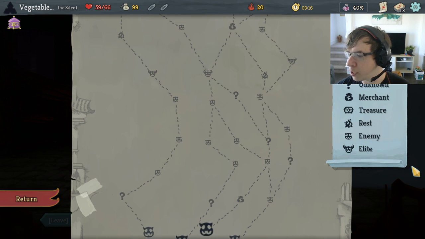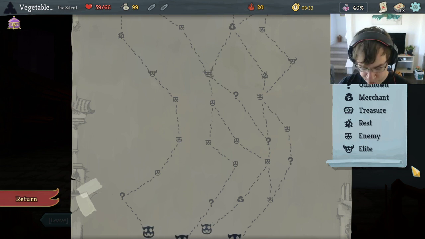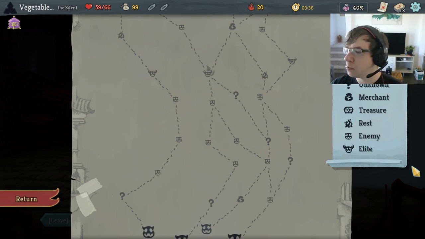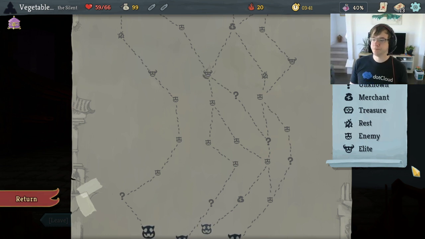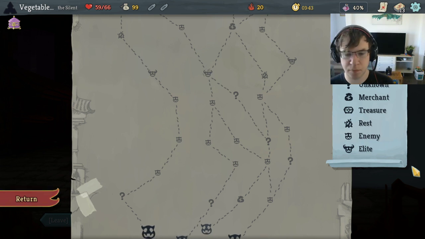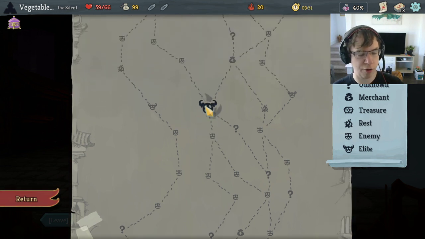But how do you look it up? Because if you go to monsters, it just doesn't tell you how much money. The merchant doesn't tell you either. You just look up gold. Okay, so the minimum for a normal encounter is 10 gold. So minimum is 10, 20, 30, 40, and then 25 for an elite. So 40, 65. So we get